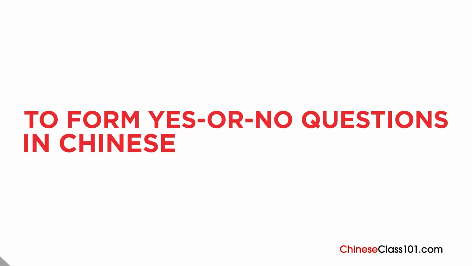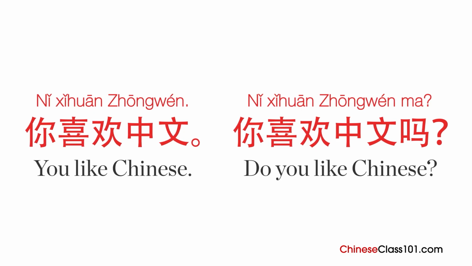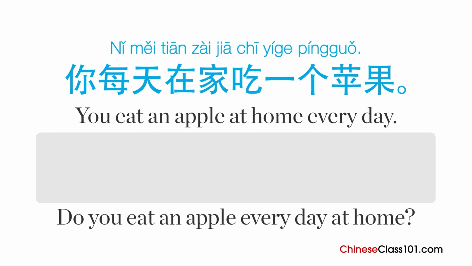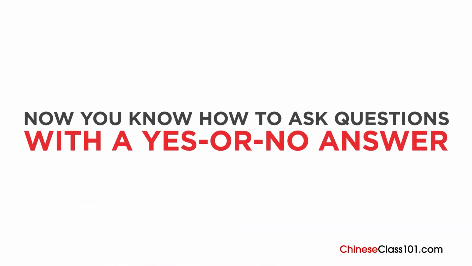To form yes or no questions in Chinese, it can't be easier. Just add a question marker, 吗, at the end of a statement. You like Chinese is 你喜欢中文。To make it do you like Chinese, we simply put 吗 at the end. 你喜欢中文吗？Let's make 你每天在家吃一个苹果 a yes or no question. 你每天在家吃一个苹果吗？